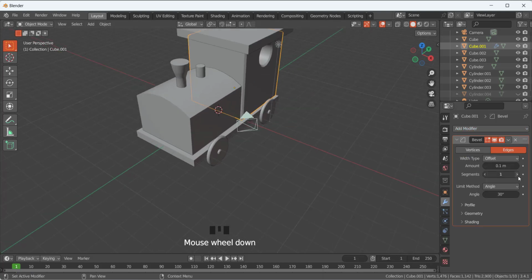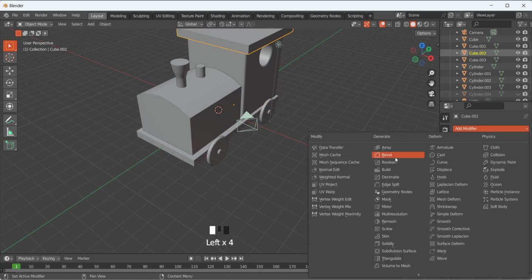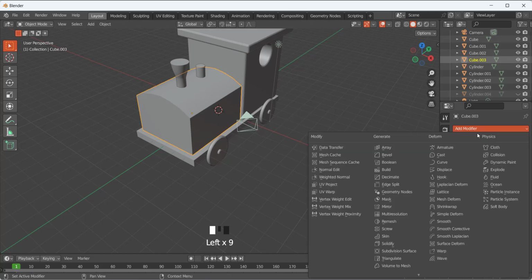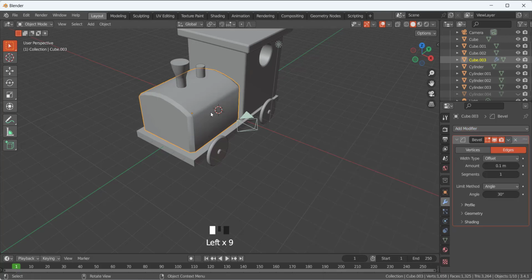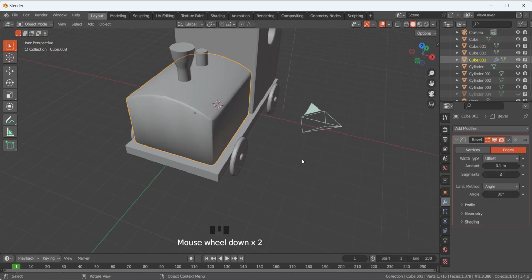It's looking good. Select this one, apply bevel, looking good. Select this one, apply the bevel. So here I am going to give the segments, and